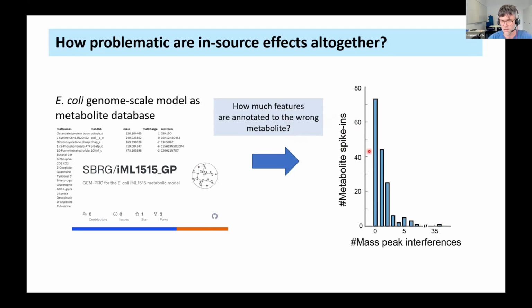The good news is that in almost half of our samples, we don't have interference, so none of these additional ion peaks match a mass in our reference list. This is good, but for some of them we have one interference, so this would be one false positive, and then for the peaks with many additional ion peaks, we have many more interferences, up to 35 actually. So on average, you can say that for one true positive, you have to expect one false positive in such a FIA screen.